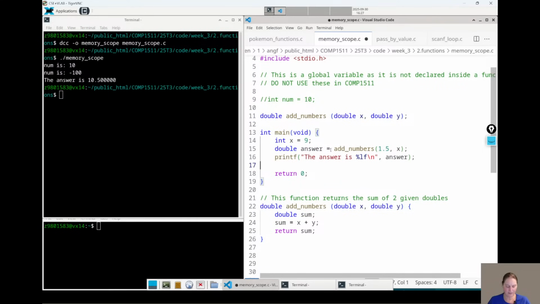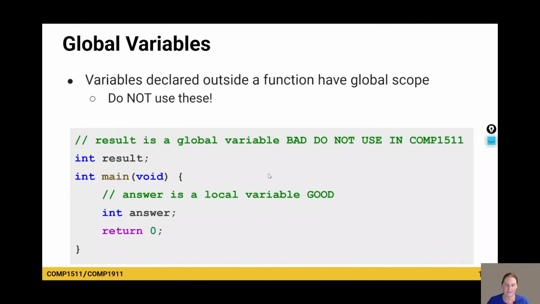All right, so look, it looks like there's a little bit of confusion about all of this. I'm going to do another example now. So the short thing is global variables are not defined in a function. We don't want to use them.